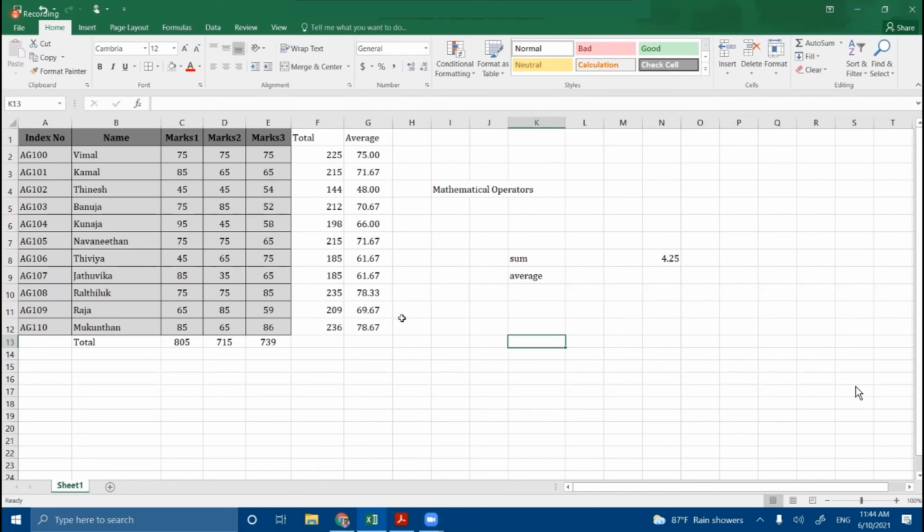More functions are available. The rest of the other functions, such as SUMIF, AVERAGEIF, COUNTA, COUNTIF, so many functions are mostly used in the real world. Most of the functions are used in real world applications. So you must know about these basic functions. Okay, I will explain in